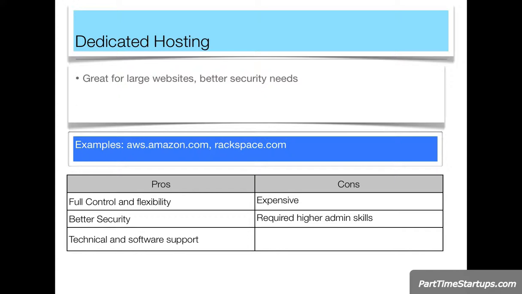So you get better security, and you even get technical and software support because you are using their dedicated hosting, which obviously is an expensive option. That's the con. It's expensive, and also it requires higher admin skills. You need to learn how to administrate those kinds of platforms.